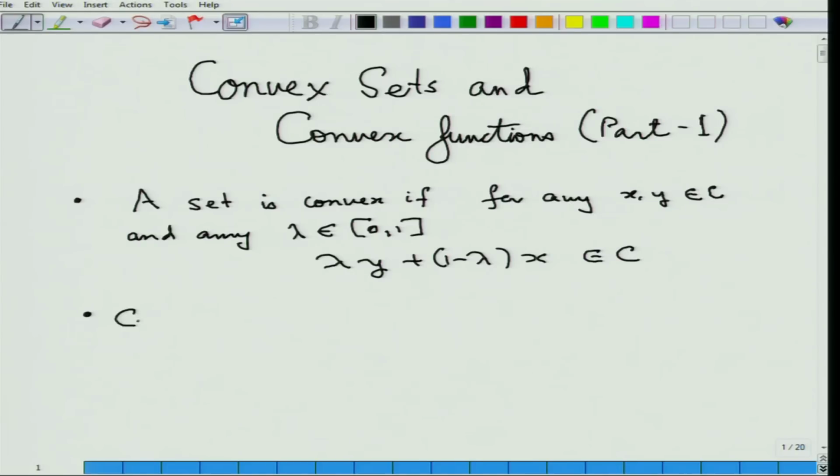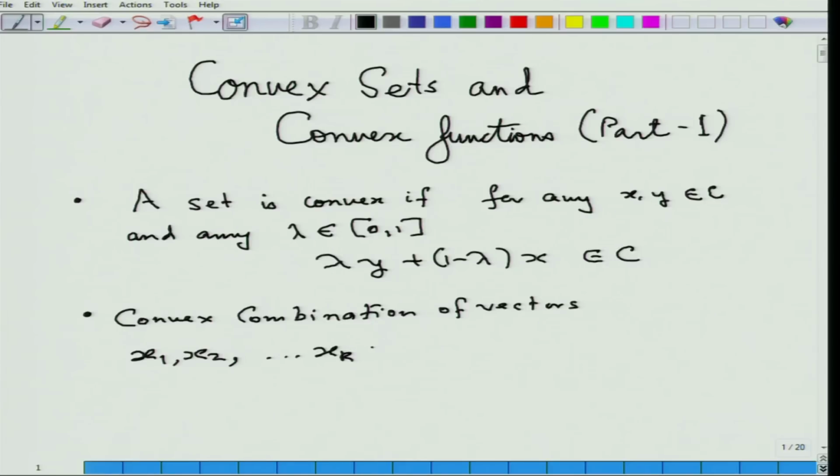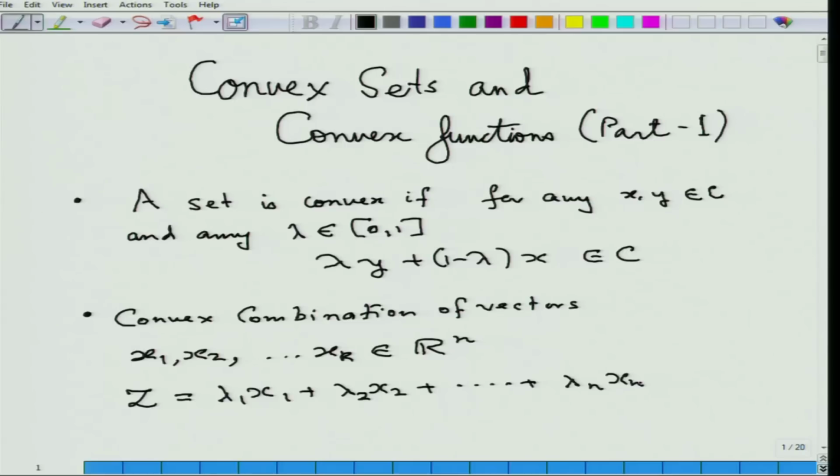Let us first define the notion of a convex combination. Convex combination of vectors. Now, consider x1, x2, up to xk, some k vectors given in Rn. We are now bothering about the question of defining a convex combination. So, a convex combination of these k elements is an element z which is written as lambda 1 x1 plus lambda 2 x2, I am assuming this is known to everyone, vector addition, plus and so on up to lambda k xk,